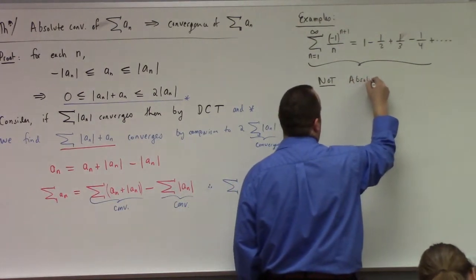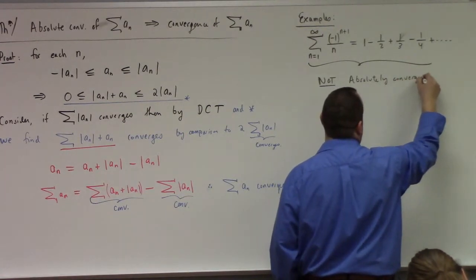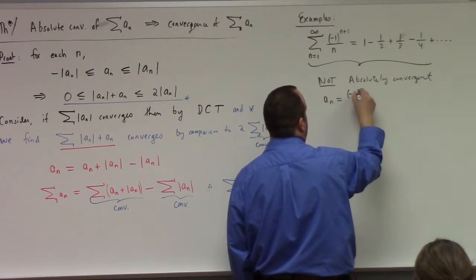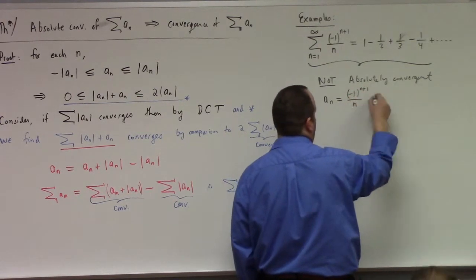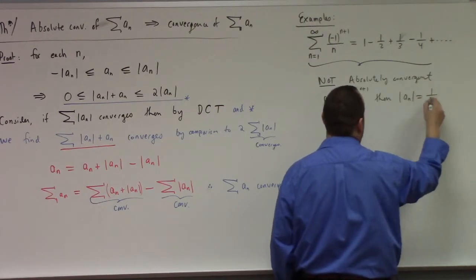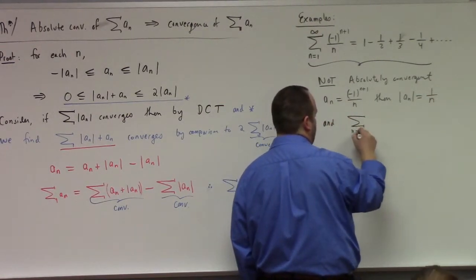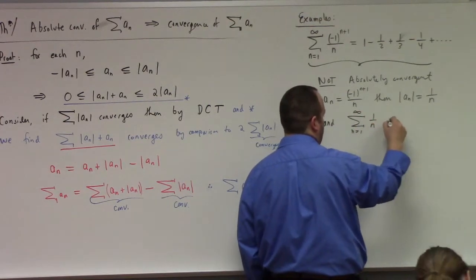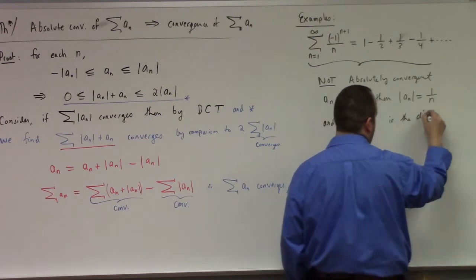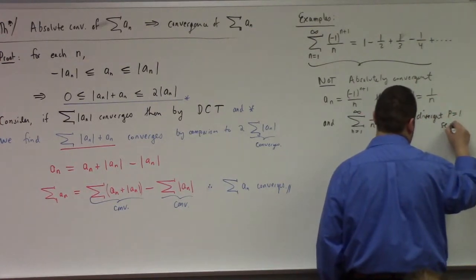Why? If a sub n is minus 1 to the n plus 1 over n, then the absolute value of a sub n is just 1 over n. And, of course, we know that the sum from n equals 1 to infinity of 1 over n is divergent,